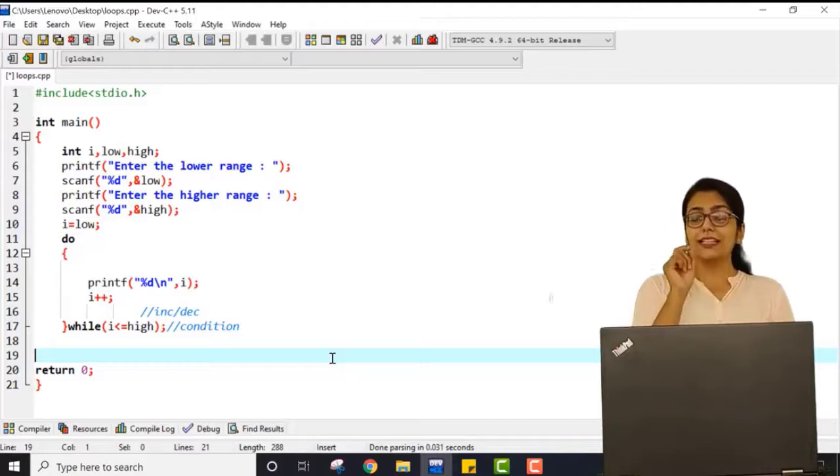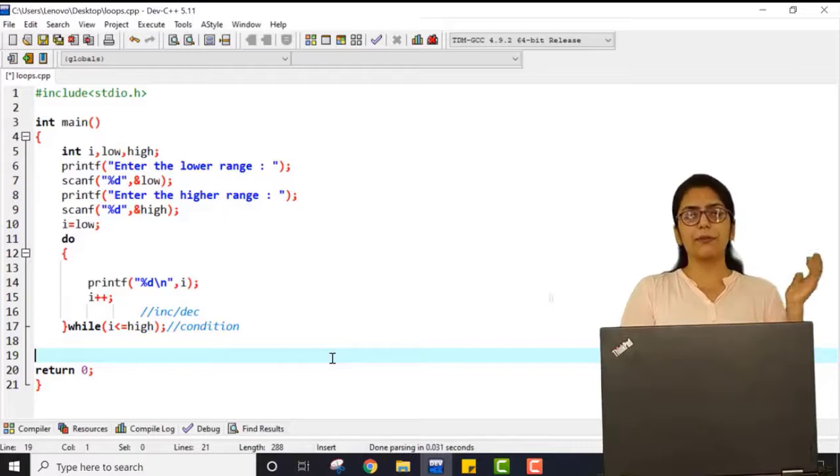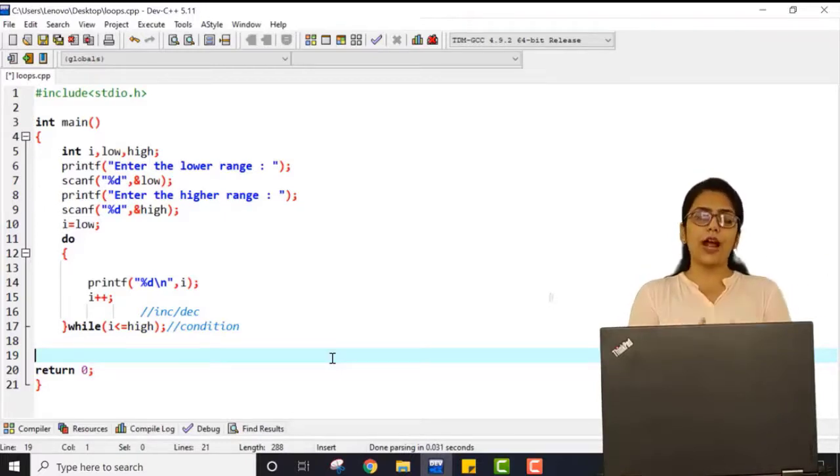This is why we call it an exit control loop, because I am not going to check the condition when it is entering. If you have observed, in the previous lecture, in for loop and while loop, before entering the loop I am checking the condition. That's why both of them are called entry control loops. But here I am not going to check the condition when entering the loop. It will just blindly enter inside the loop, and then it will check whether it has a key or not.